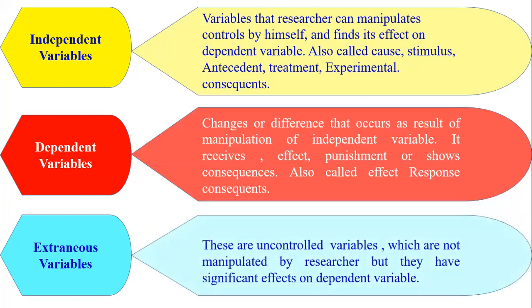If in MCQs a question arises, which variable can cause, right? So you can go for independent variable. And if the question comes which variable goes for effect or response, then you click on dependent variable, right? Extraneous variables are uncontrolled, not manipulated by the researcher, but they are a significant factor affecting the dependent variable,